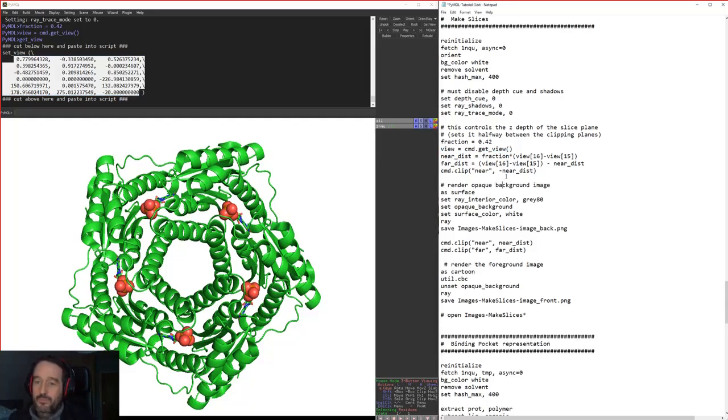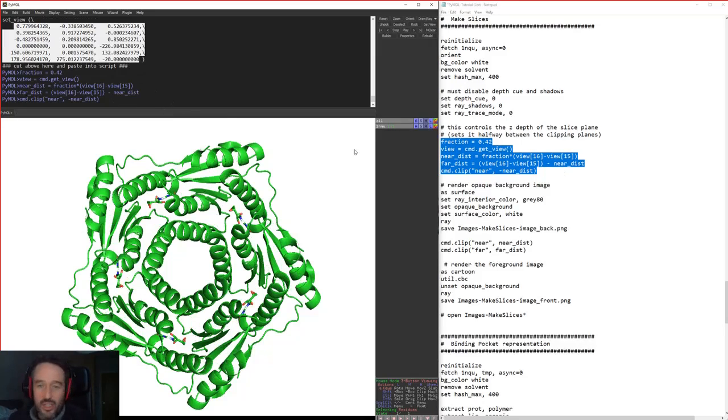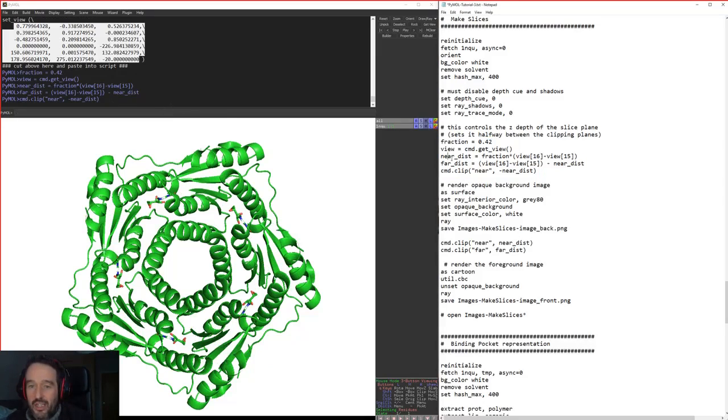So then we make another variable here called near distance, where this equals our fraction that we've defined multiplied by the 16th and 15th variable of our getView matrix, and so on and so forth. So here we're just making some definitions, some variables here that we can call on in the future.